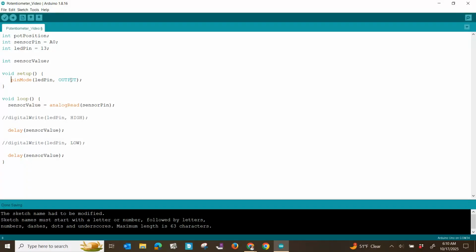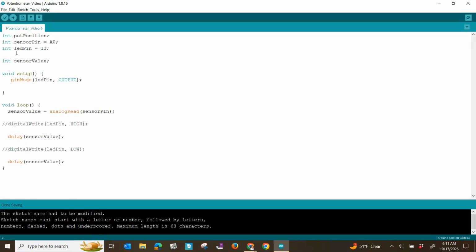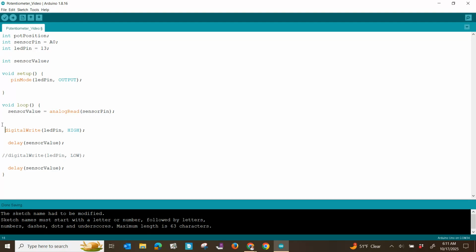pinMode LEDpin OUTPUT says there's an LED and there's an output. I'm going to leave 2 spaces after everywhere I see LEDpin. Every single time in class I said every time you see LEDpin you need 2 of those. And so sensorValue equals analogRead sensorPin. That means that the variable sensorValue is going to actually read where the potentiometer is at and use that information. I'm going to get rid of that little glitch right there